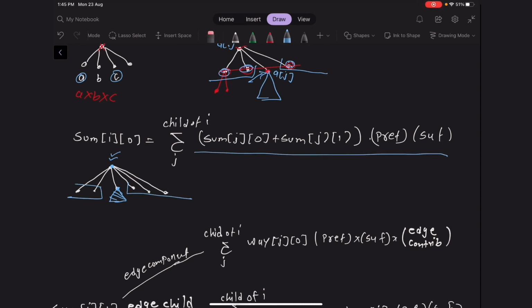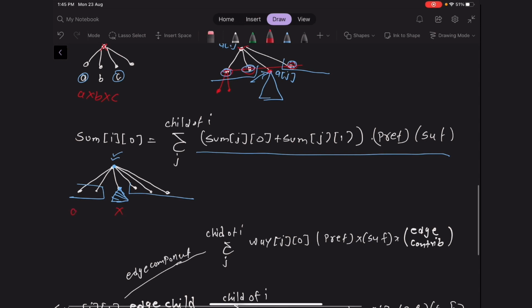This formula comes from the fact that first we are going to fix this specific node, and if the first child can solve the problem recursively for its children in A ways, the second child can solve the problem for its children in B ways, and all these other nodes can solve the problem for their children in F, G and H ways, then the total answer will be A multiplied by B multiplied by F multiplied by G multiplied by H multiplied by the total sum this node was contributing. So that is this formula.